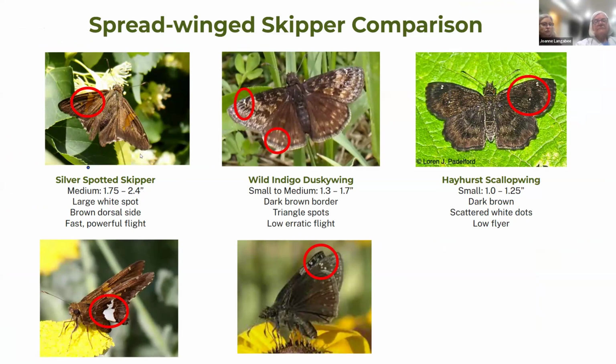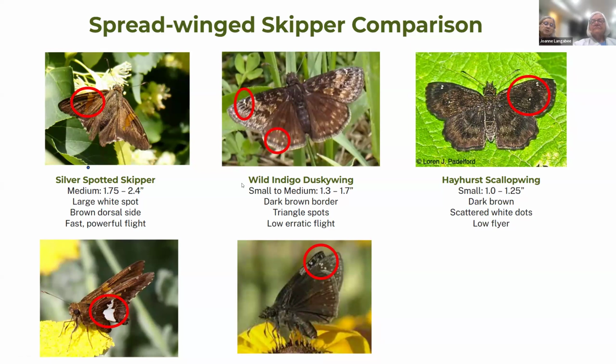But if you go to the ventral side, when their wings are closed, you're going to see this patch of white where they get their name. When the sun hits it, it looks kind of silvery. That is real easy to tell when they're flying. And they have this kind of bouncy flight pattern, or they're darting really fast. I mean, they'll just go by and you'll go, what was